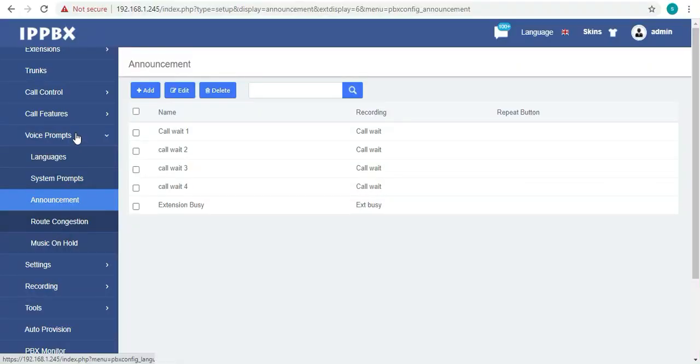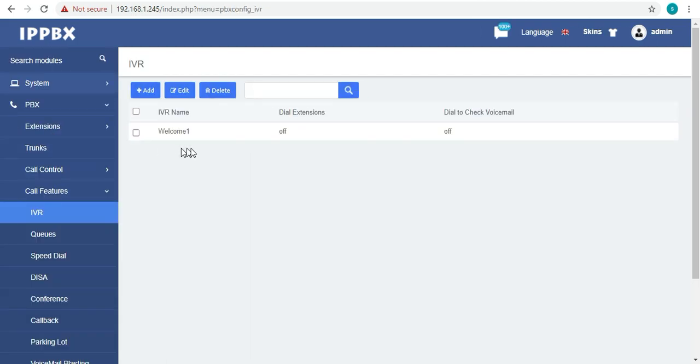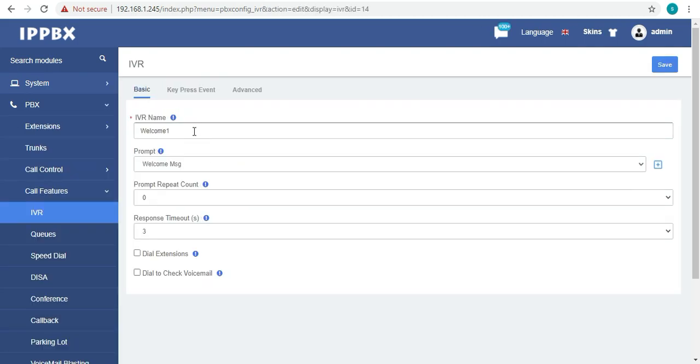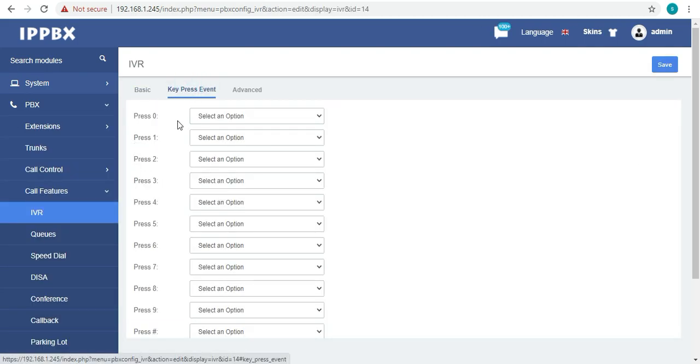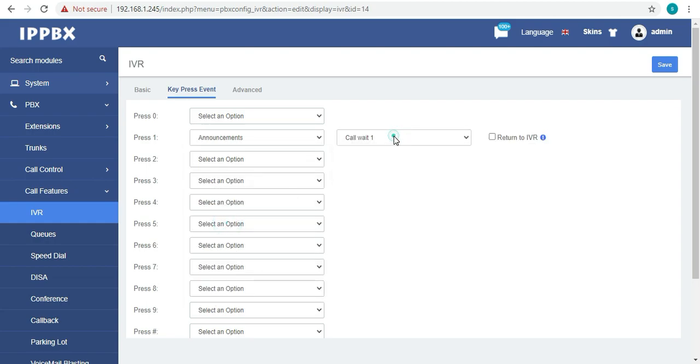So now we have to set the key press events in IVR. Click on IVR and then click on key press event. Now we will set the announcement profiles one by one.